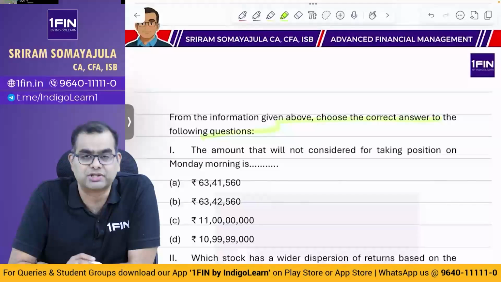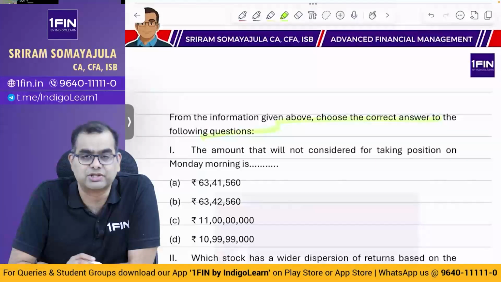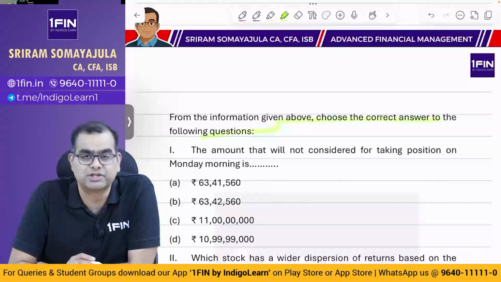Now, this is optimal replacement period. So, how do you do optimal replacement period? See, in fact, there is, I think, a very, very similar question in our study material. And how did we solve it? I think we solved it using EAC, equalized annual cost. So, let us do the same thing. I have the question in front of me here.